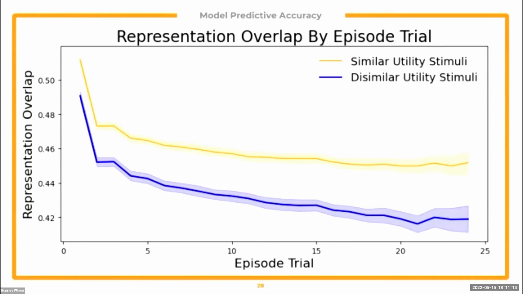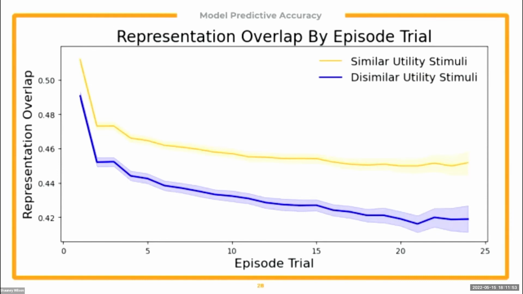So here we're grouping together stimuli based on their true utility and comparing the average overlap of that representation distribution with either the same utility stimuli shown in orange or dissimilar utility stimuli shown in blue. And when we compare the representation overlap in this way, we can see the expected effect as the difference in utility is learned by both the human participant engaged in the task as well as the model that's predicting their performance. The stimuli with a similar utility remains relatively high in the representational overlap because